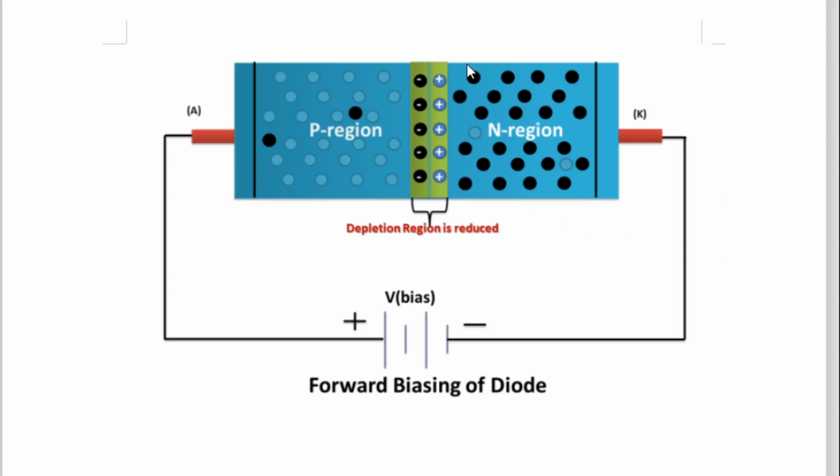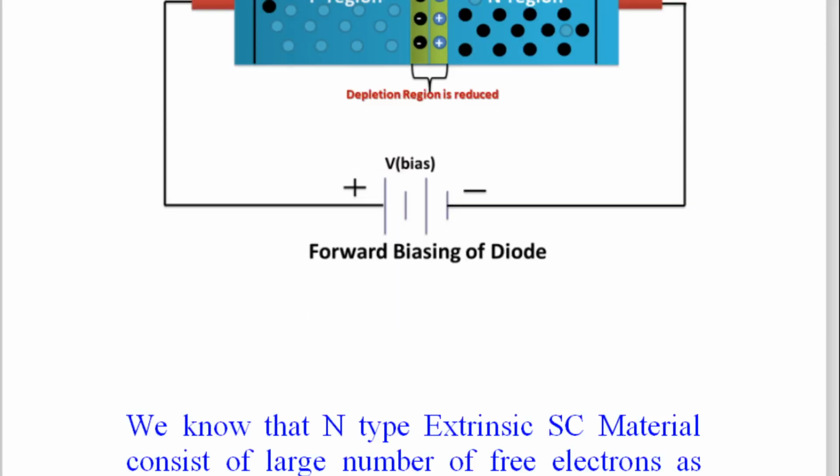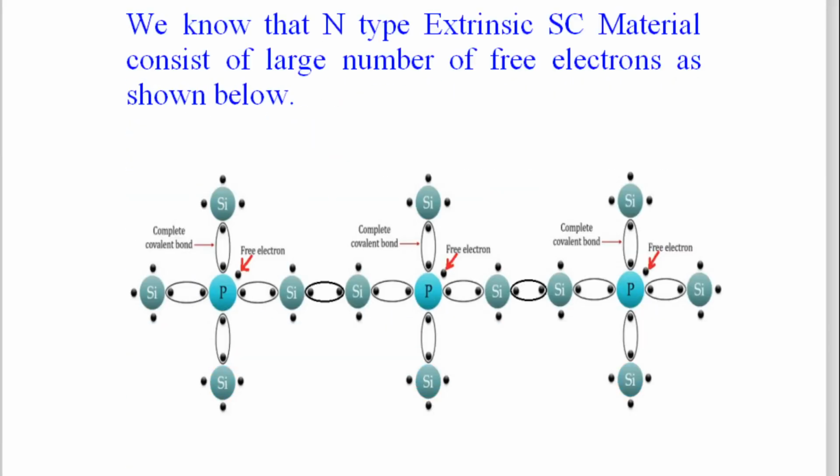So you can observe this n-type material which consists of large black holes, that is nothing but free electrons, and look at the p-type material. Here there are a large number of holes. So in this way n-type material is having a large number of free electrons, p-type material is having a large number of holes. So here the forward bias condition of the p-n junction diode's construction is shown. Now let us again revise in short the very basics of the semiconductor.